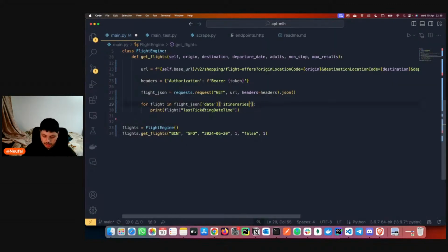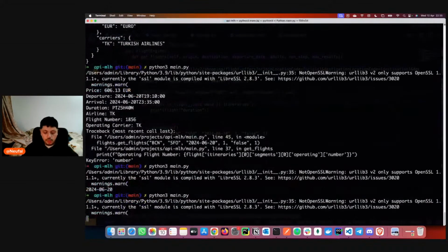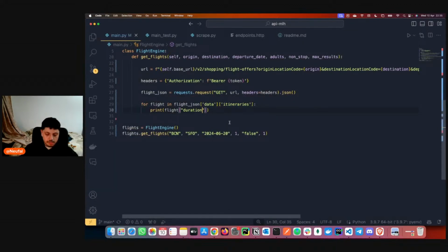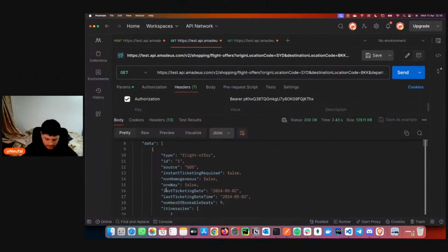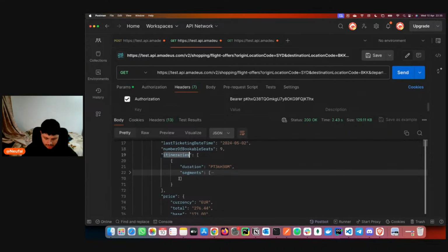Itineraries, and then we search the duration, and now we will have to get all the different durations. Flight JSON data, itineraries.